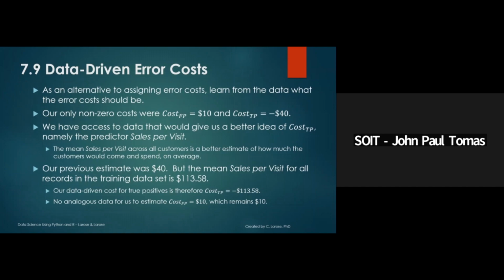If we calculate the mean of the sales per visit across all of the customers, we could use this as a better estimate for how much the customers would come and spend on a daily average. So the previous estimate was actually 40, correct? But the mean sales per visit in the training data set is around